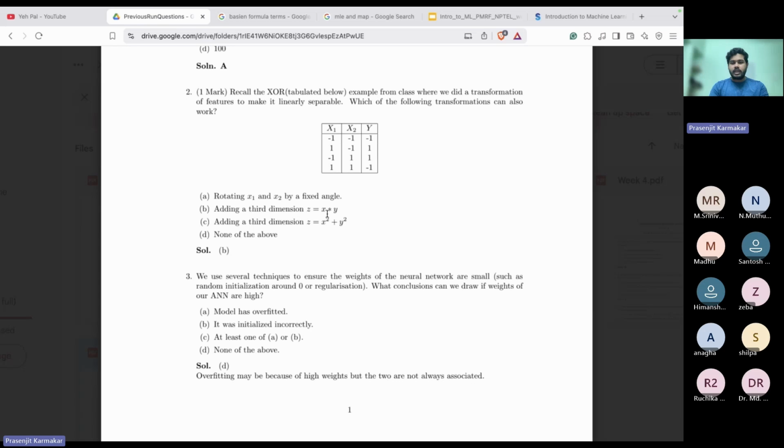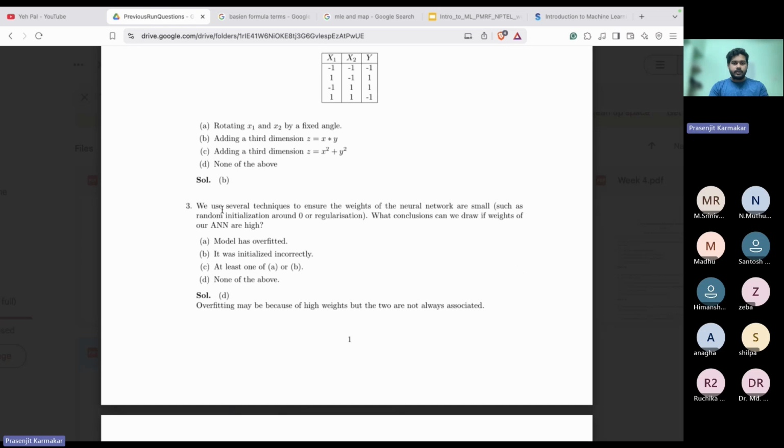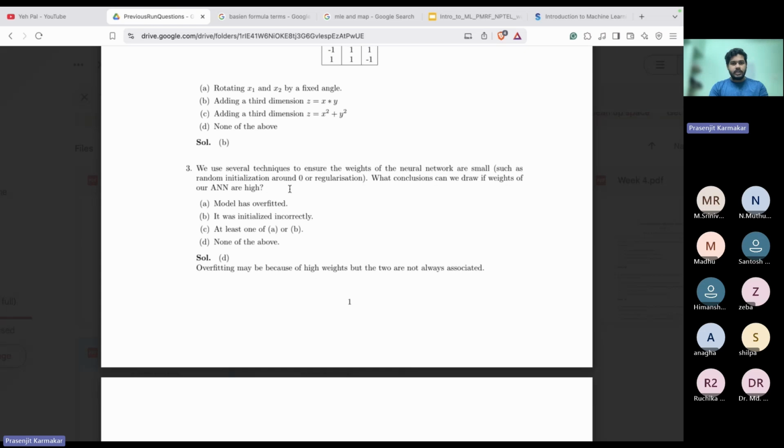So adding a third dimension where z is linearly separable would work. Okay. We use several techniques to ensure the weights of a neural network are small, such as random initialization around zero or regression. What conclusion can we draw if the weights of the ANN are high? So one observation could be